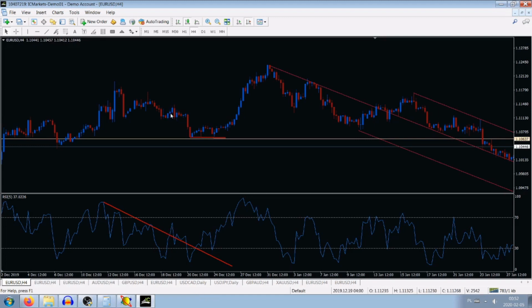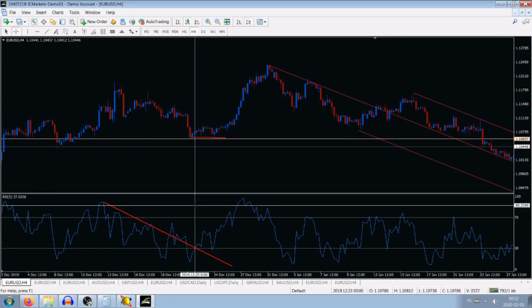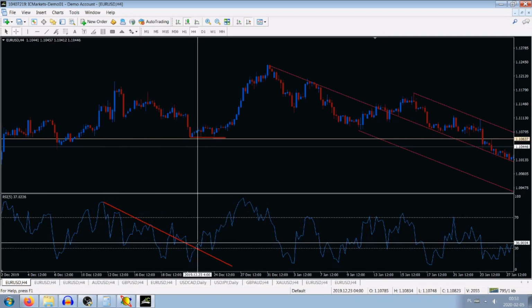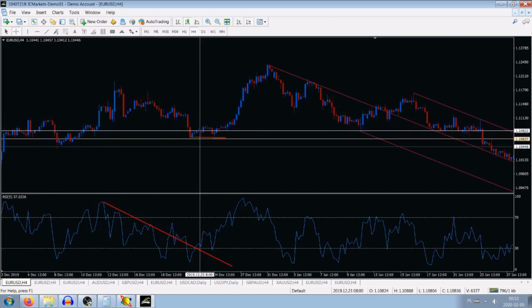We are on the 4-hour chart, so these two candles probably signal like 50 pips. So no, sorry, it's just 20 pips. The price started rising. Over here, as you see, this trend line on the indicator has been broken, and from here the price very lazily started rising,